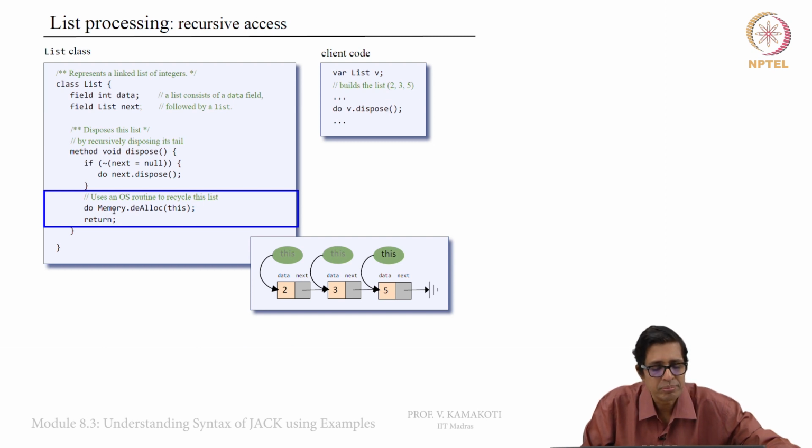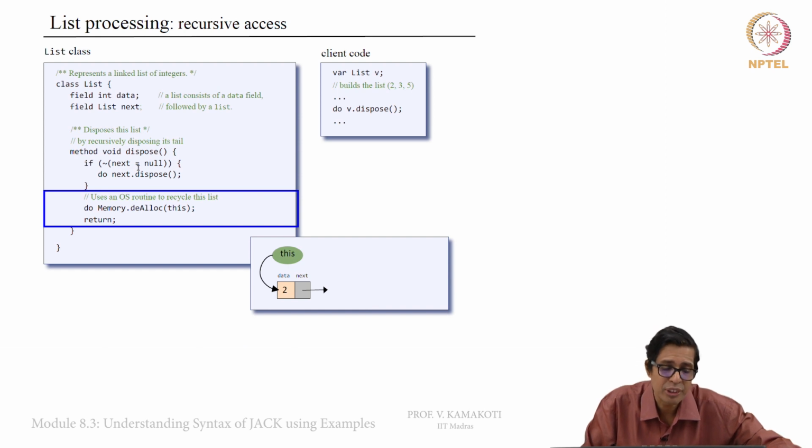So I do memory dot dealloc of this. So this memory gets deallocated, and I return to what? The fellow who called me. It was this dot next. This is the fellow who called me. Now where did he call? He called at this point. When I return, I have to go to this point there, right? So here I find memory dot dealloc of this, and that is going for recycle. And after that I return to the previous call of dispose, in which this was pointing to this.